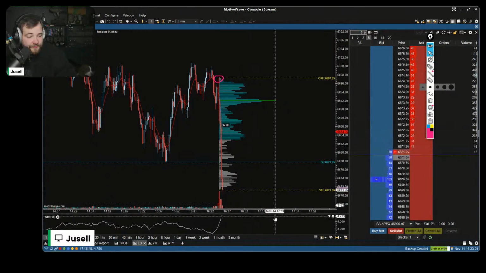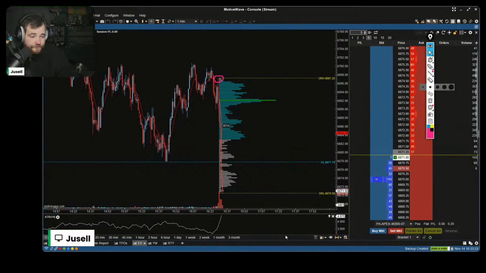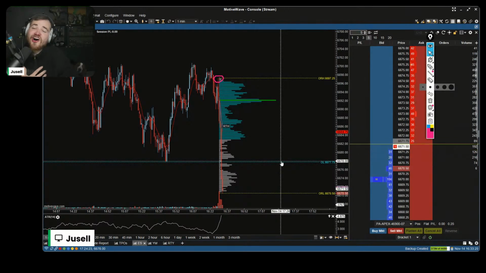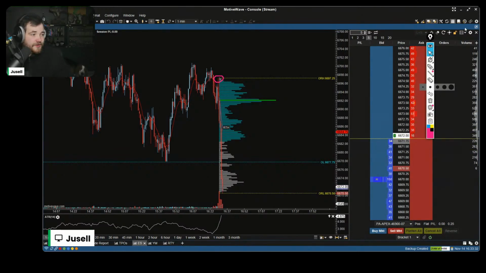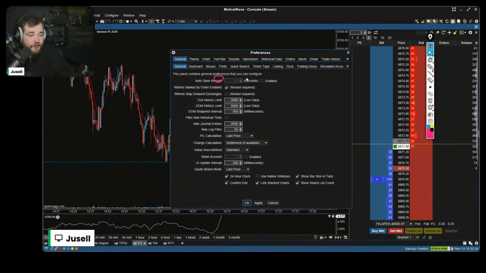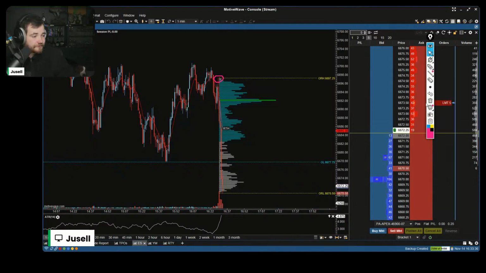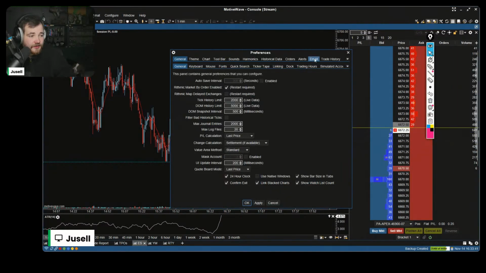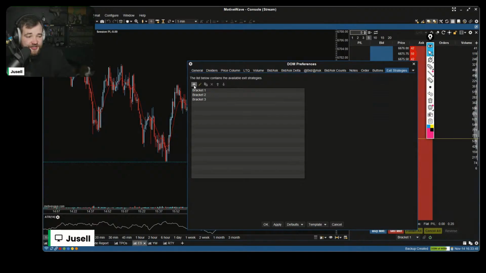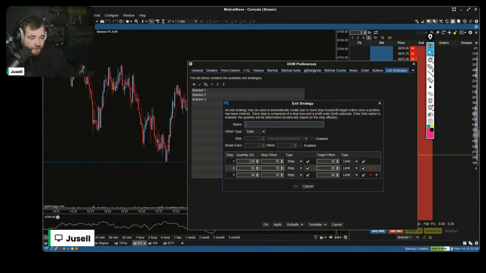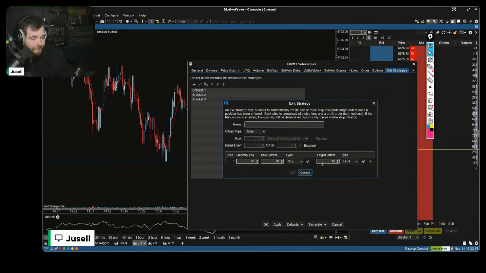And now you can see the ATR is almost 5. So we have a much higher average range than what we had here. It's over double. So what I will do here, I will remove my drawings and open my settings. Wait, this is the wrong one. Here, the wrong settings. To exit strategies, and then I will open a bracket. I will create a bracket order here.